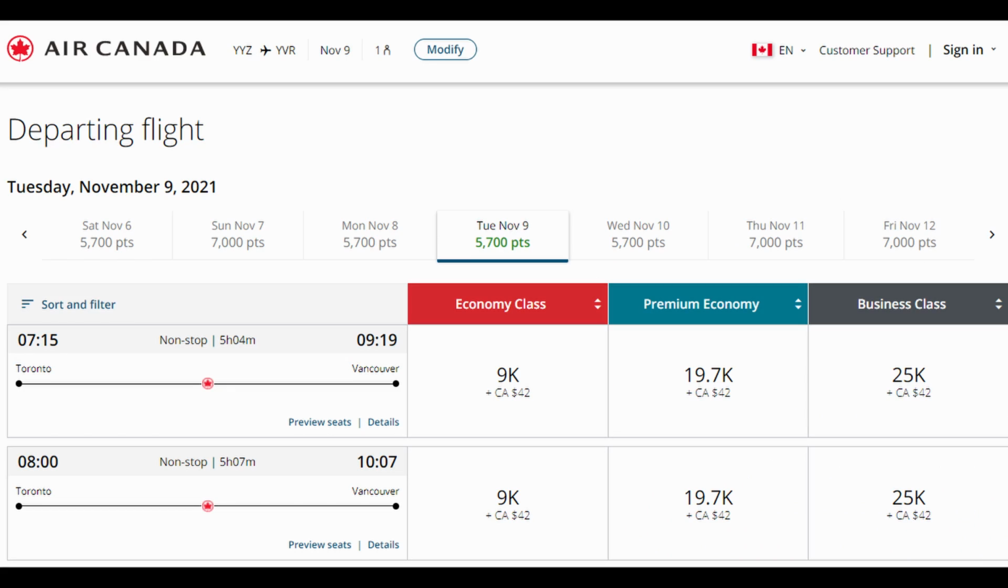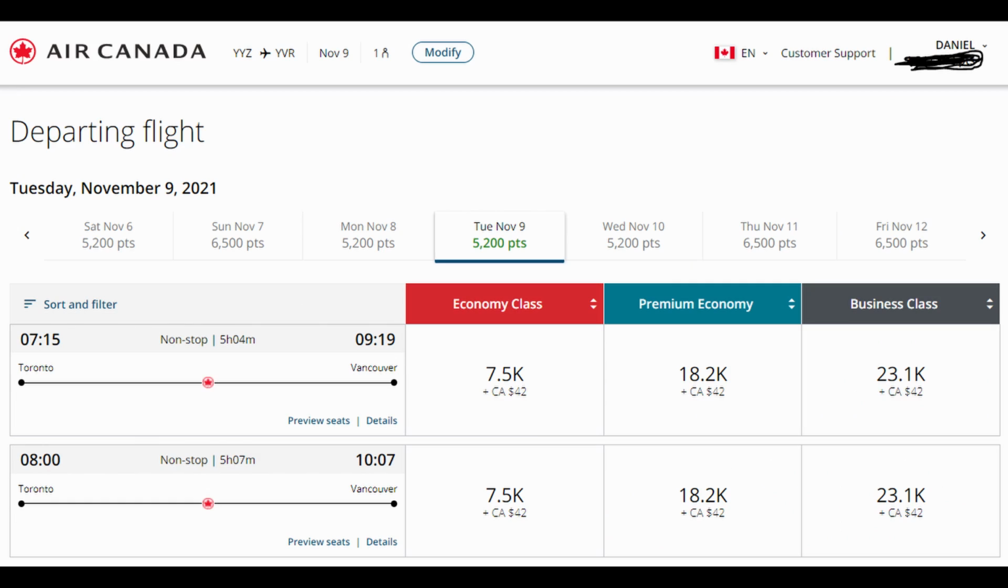We'll start with something reasonable with a booking that's several months from now. Without logging in, I searched the route for November 9th. With the 12.5k in economy and 25k in business class guideline, we see here that the economy class ticket is actually at a 25% discount at 9,000 points only, whereas the business class ticket is right at